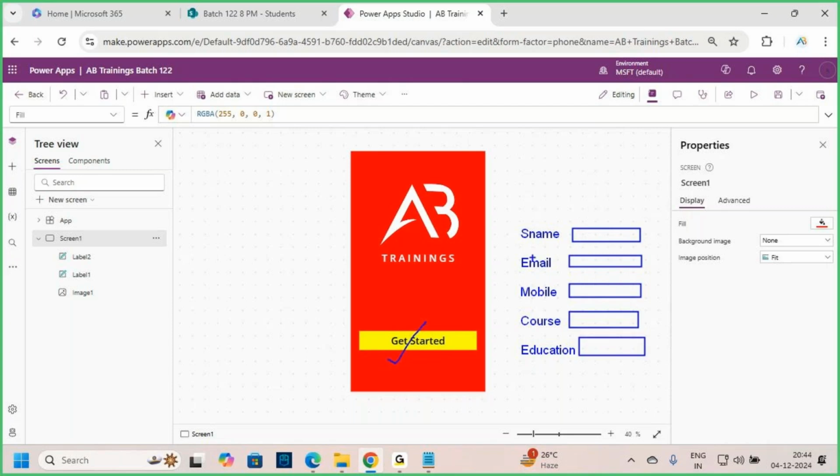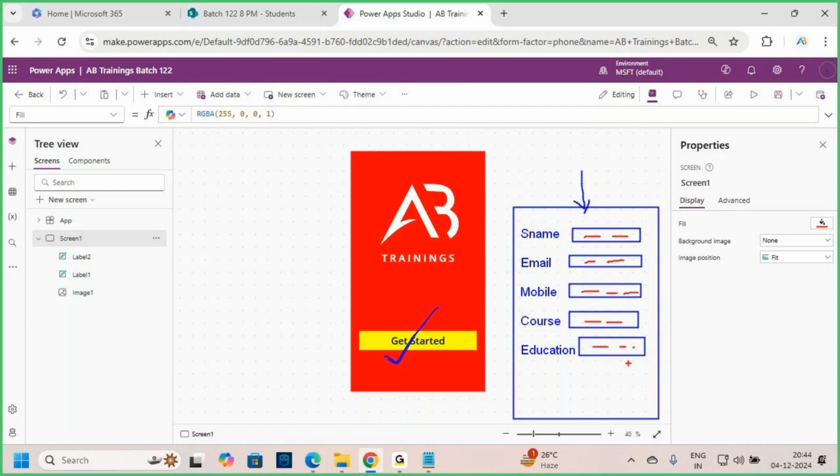This is the form I'm creating. So whenever I click on Get started, it needs to open a form-like structure. Once I enter the data here, student name, email ID, mobile number, course and education, I need to submit the data